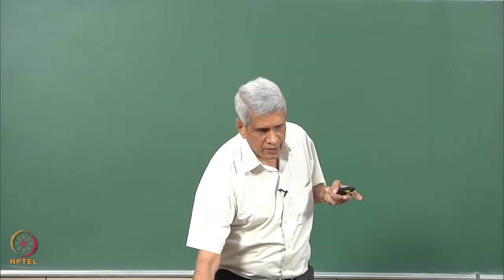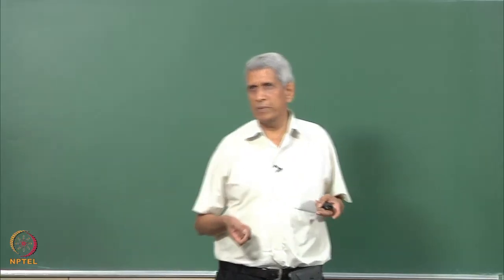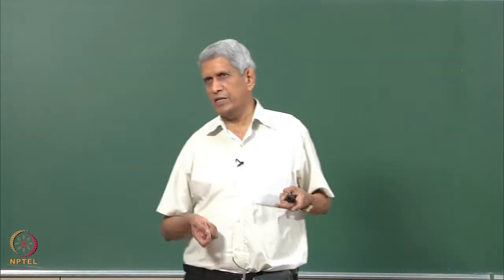That is what essentially is given in this table. Here what is being shown is what are the symmetry axes which are being considered. A crystal which we have considered, we find that there is a two-fold rotation. Then another two-fold rotation is there along B and another along C, and all these axes are 90 degrees with respect to each other. So, two-fold and 180 degree, and the only lattice which can have this sort of symmetry element is essentially an orthorhombic crystal, right.